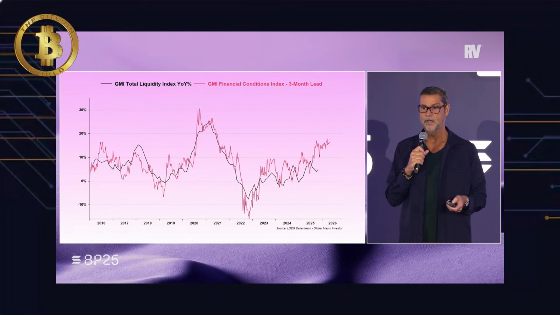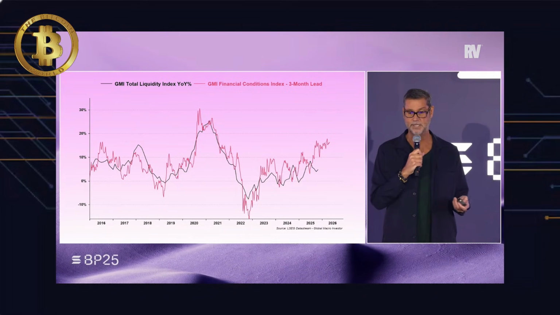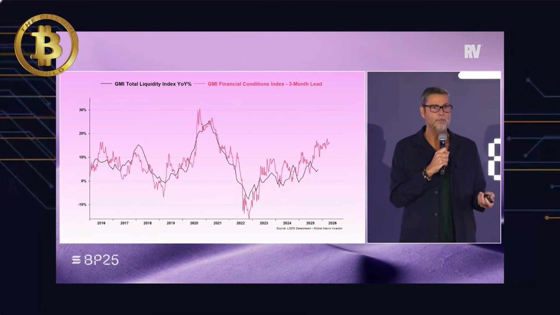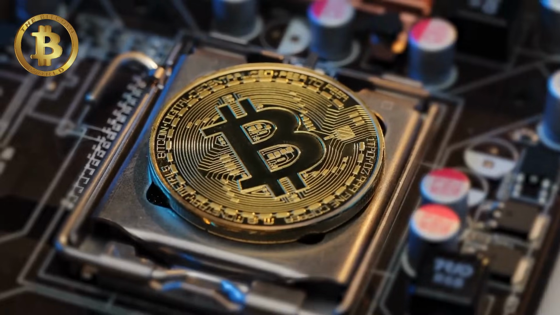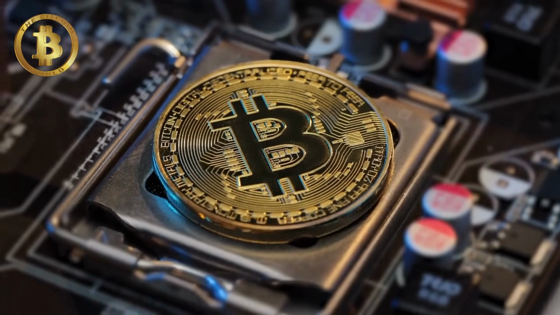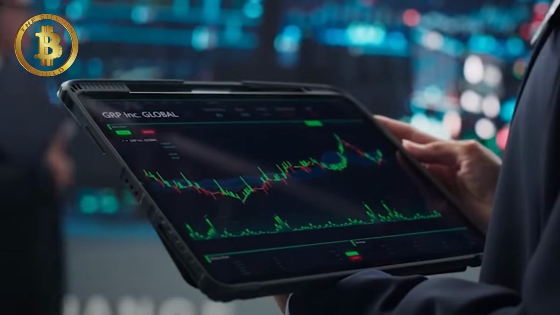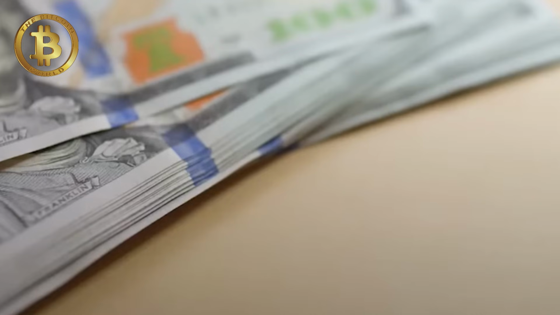When we look at financial conditions, our lead indicator, and put them against total liquidity, well, we've now got a 3-month lead, and it tells us liquidity is about to explode. And we know that because Scott Bessent's telling us that. They're telling us they're going to add liquidity to the system. We know that because they have to, because the plumbing in the financial markets is breaking as well. So we've got that to come.